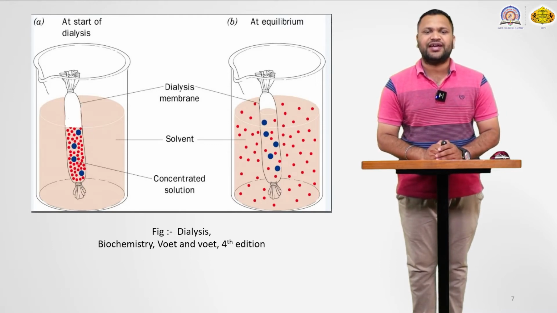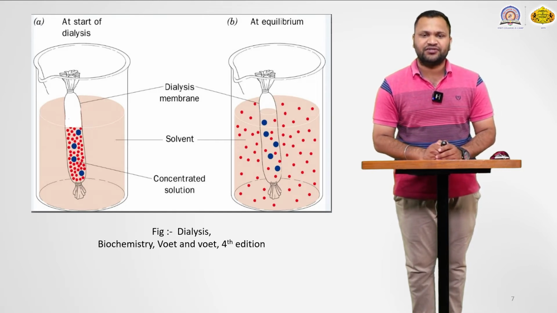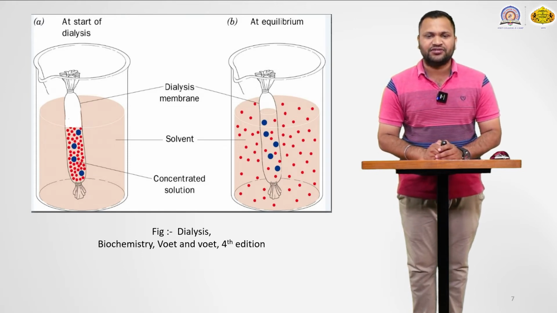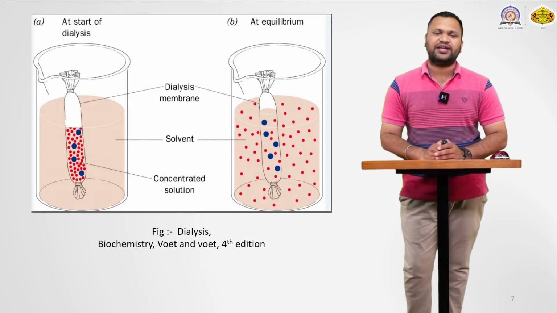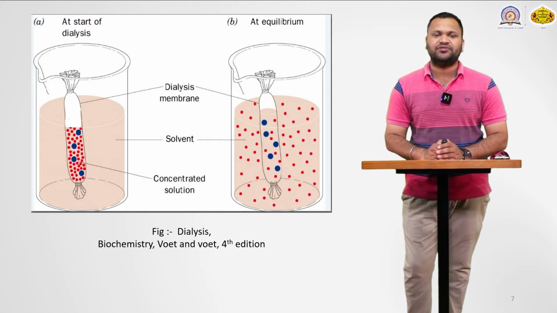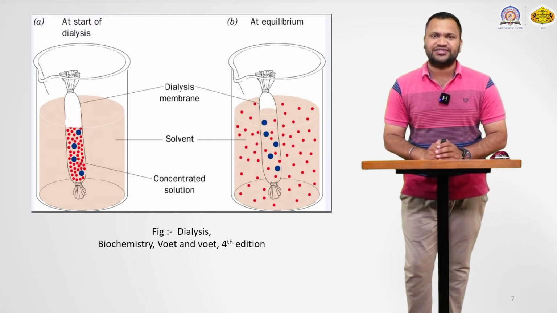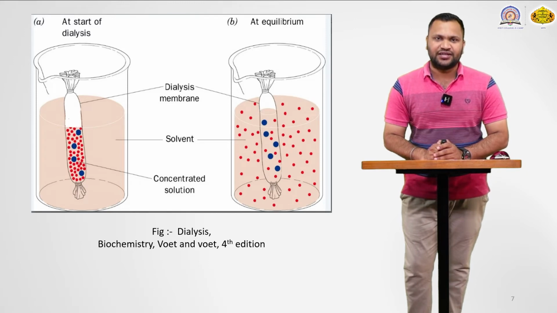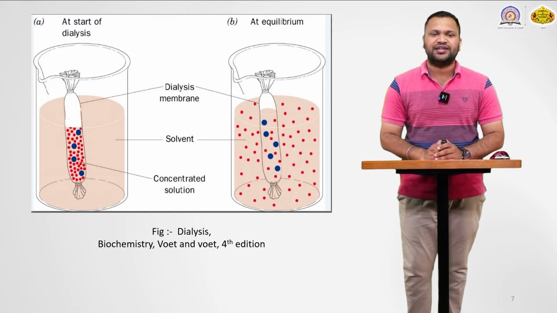Here at the start of dialysis, this is the dialysis membrane, which is wrapped and includes a number of molecules. The small molecules are represented by the red color, and the larger molecules, which may be our desired fermentation product that we have to recover from our fermentation tank, are blue. With the help of this dialysis technique, the red molecules are smaller compared to the blue molecules, which are larger.